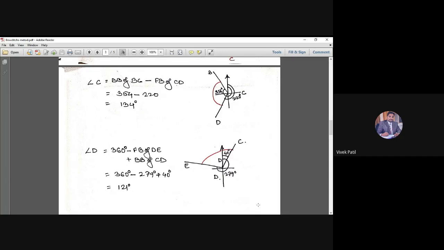Do you remember or not? Yes, sir. Summation of all angles should be equal to 2n minus 4 into 90. N is equal to number of sides. How many sides are there here? 5 sides. So 2 into 5 minus 4, this should be multiplied by 90. Just check whether this is equal to the summation of all the angles.